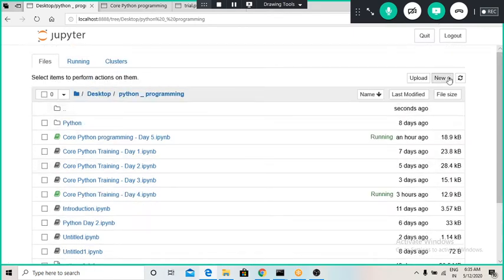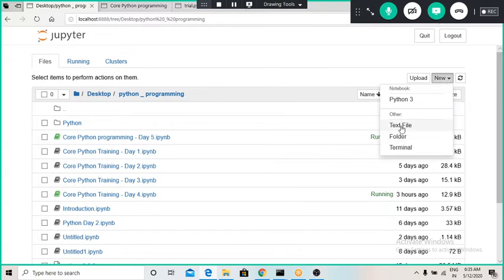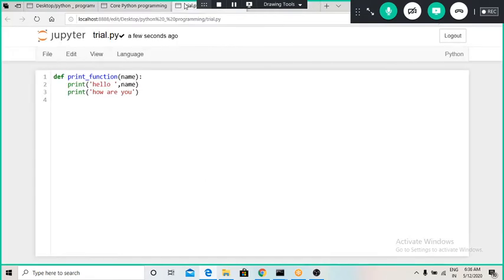Then I can click on New, and here we can start a new notebook or a text file. For starting a text file I can click over here and a new file will get started. Now we can write whatever we want into that. But we have to make sure that my module is saved with the file extension .py. Here we can see it is saved with the extension .py.